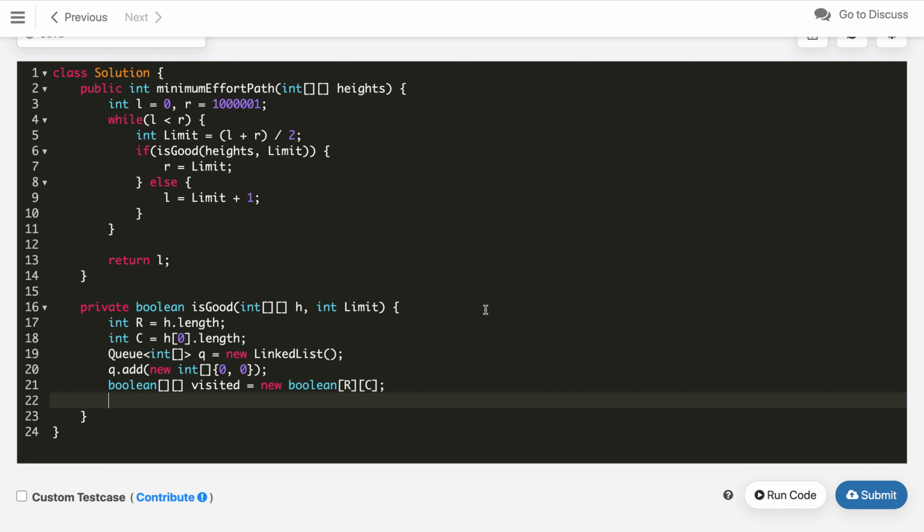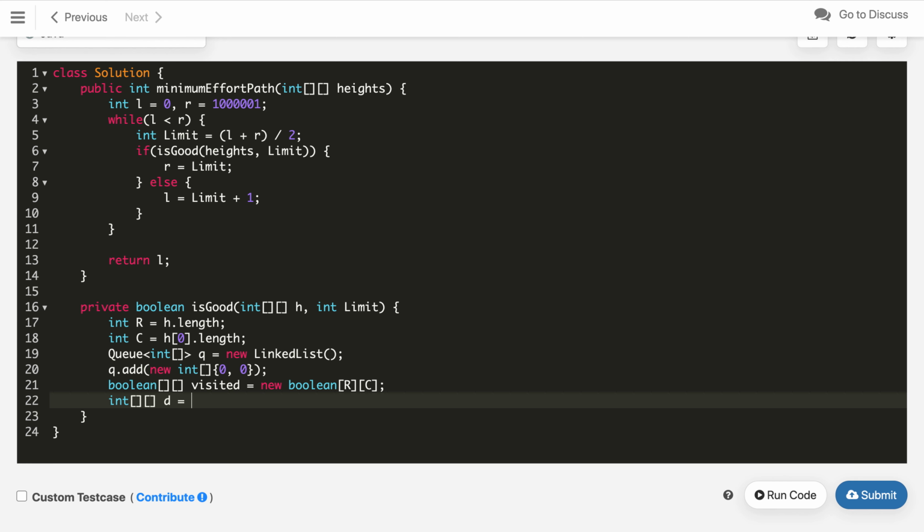Now this is done. After that, let's define the direction vector as well. So int 2D array here. So this will be the direction vector, let's say D is equal to this. So there are 4 ways.